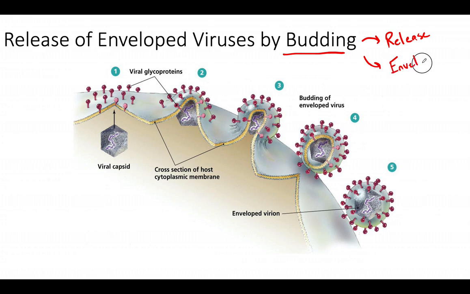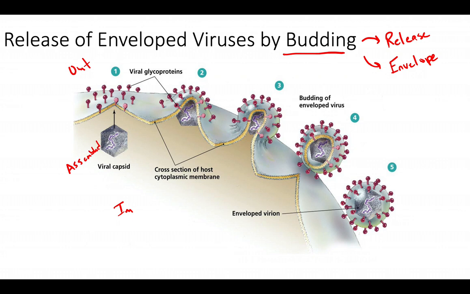As we mentioned, an enveloped virus is going to derive that phospholipid envelope layer from the host cell. So what we have here, this is inside the cell, this is out. And we're again looking at that cell membrane. Here is an assembled